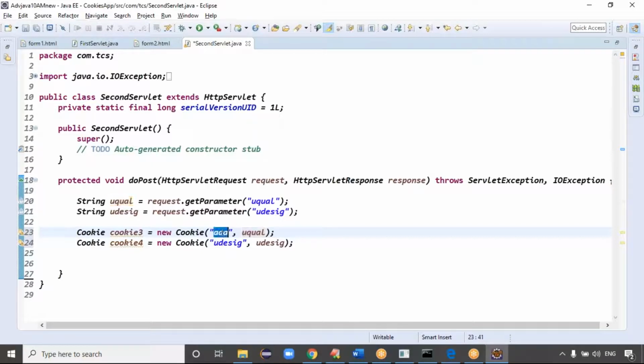If we make the triple A, what does it mean? While reading the data from the cookie, we have to give this name, right? We have to give that name, guys. Exactly. You see, now I'm sending the